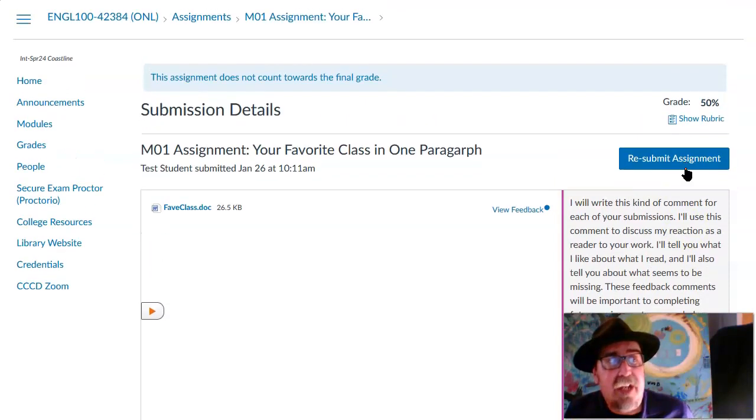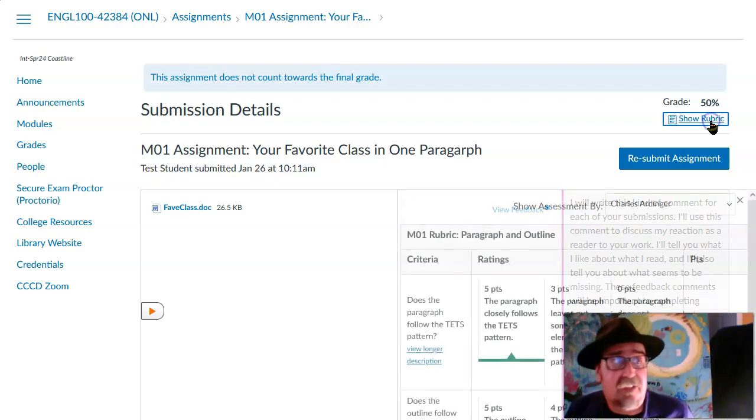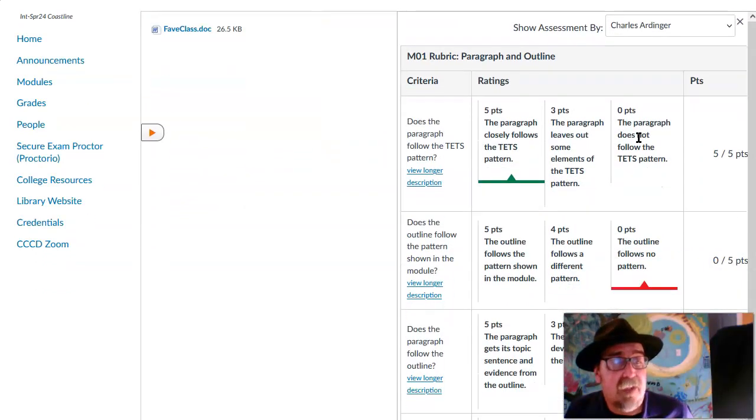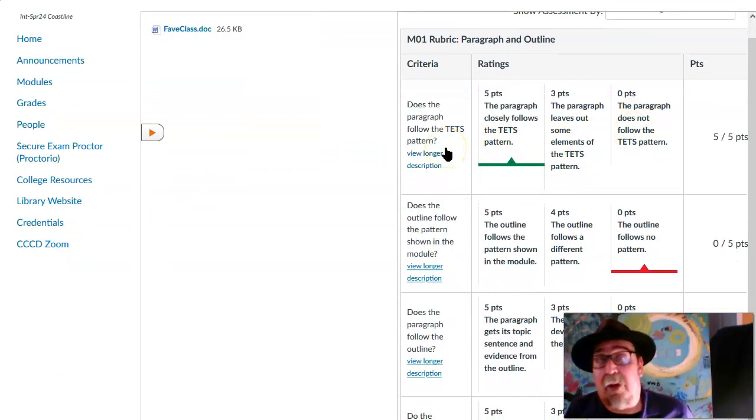Also, I grade each assignment according to a rubric, which is a chart of accomplishments and point values that go with those accomplishments. It looks like this. So you see there's a question about whether the paragraph follows a pattern, and it does. Full points. There's a question about an outline, and there is no outline, so no points. This is the problem that the student had. The student forgot to fulfill part of the assignment's instructions, and so the grade suffers.